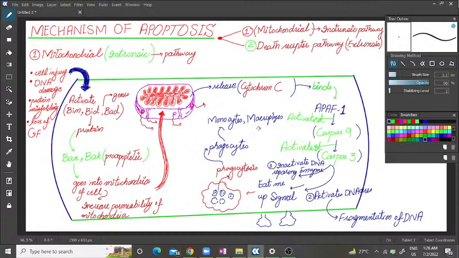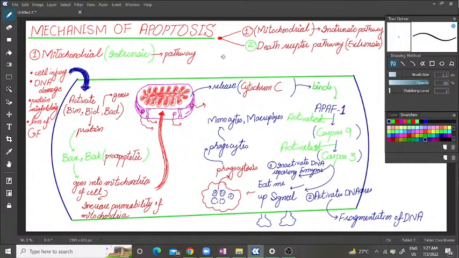So when these monocytes and macrophages become active, they cause the phagocytosis and the fragmentation of the cell and send all the chopped material to the lymphatic system, and this lymphatic system then drains into the GIT and removes the whole apoptotic cell from the body. So this is the very controlled pathway of apoptosis, in which there is no inflammation to the neighboring cells.